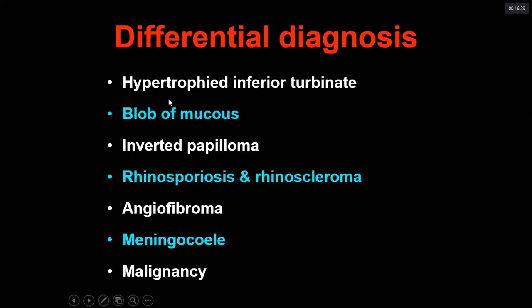Now, this is important. What are the differential diagnoses? As an MBBS student, you must always be able to diagnose antrochoanal polyp and differentiate it from these conditions. Hypertrophic inferior turbinate. How do you differentiate? It has the color of the mucosa. It is pinkish in color, and it is coming from the lateral wall. It is sensitive to touch, and it may bleed on touch if you poke it.